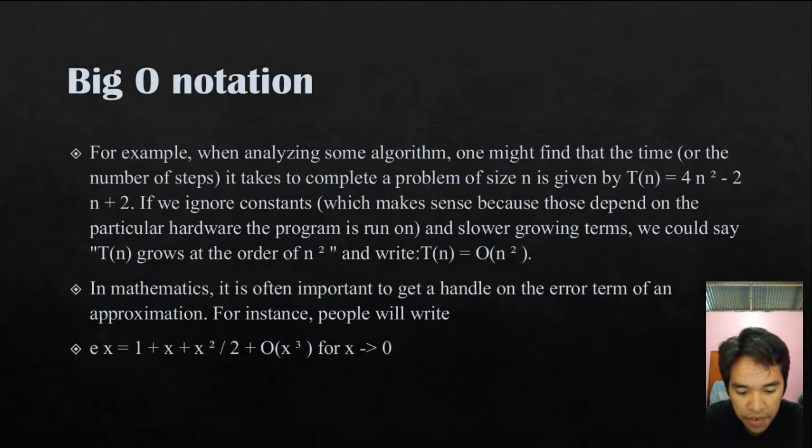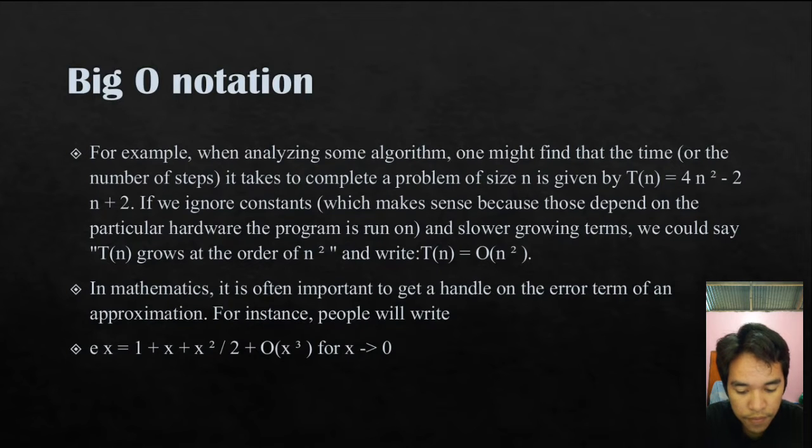For example, when analyzing some algorithm, one might find that the time or the number of steps it takes to complete a problem of size n is given by T(n) = 4n^2 - 2n + 2. If we ignore constants, which makes sense because those depend on the particular hardware the program is run on, and slower growing terms, we could say